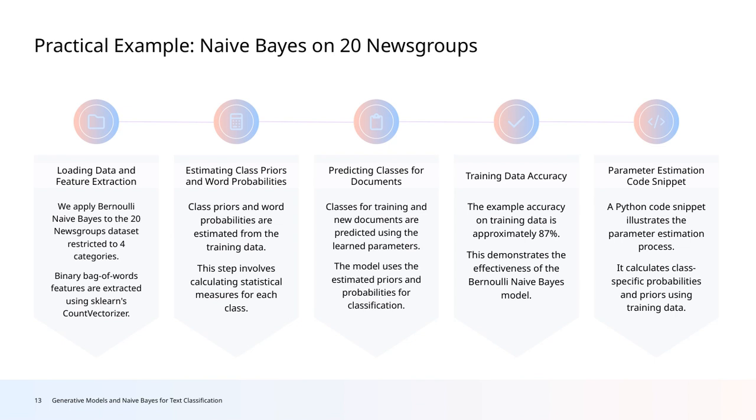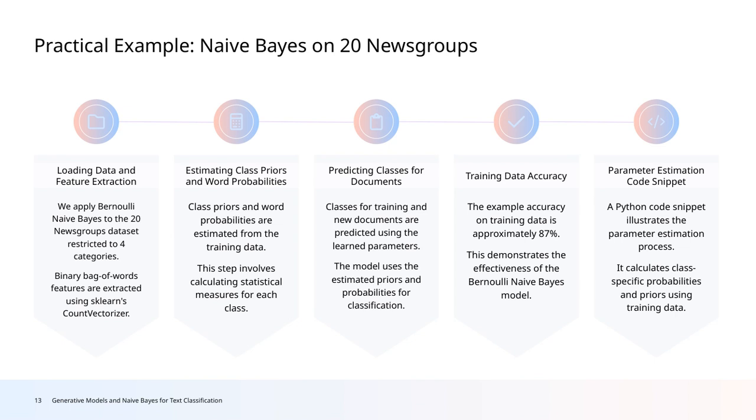absence of words. Next, once we've estimated these parameters, the model uses them to predict the classes of new documents. It combines the prior probabilities with the likelihoods to make these predictions, relying on the learned statistical measures. To get these estimates, we calculate the class priors and the word probabilities within each class from the training data. This involves some straightforward statistical calculations that tell us how likely a class is and how likely each word is within that class. In this example, we're applying Bernoulli naive Bayes specifically to a subset of the 20 newsgroups, restricted to